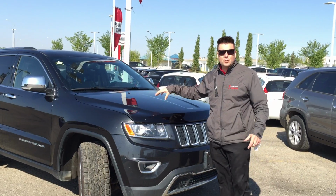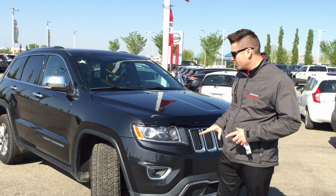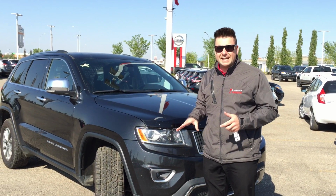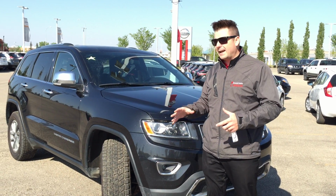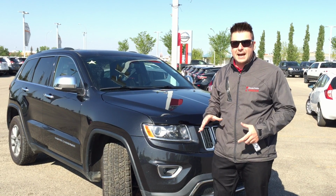First of all, it's in beautiful, brilliant black crystal pearl. One of the best colors for the vehicle. This looks amazing. Now the Jeep Grand Cherokee is actually based on the Mercedes ML platform. So the cradle is a really nice ride, great handling, but it also has Jeep's capable four-wheel drive system and rugged